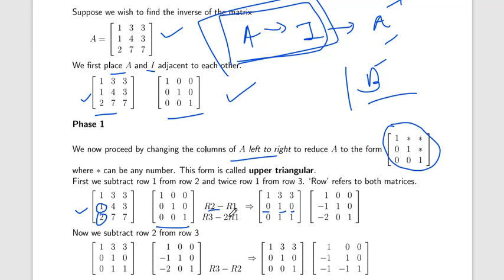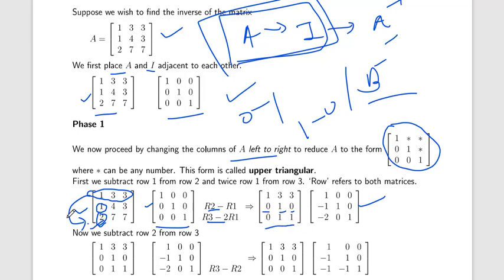So R2 minus I1, what will we get? 0 minus 1, here 0 minus 1, and here 1 minus 0, so minus 1 minus 0. Okay, so the first operation is applied to both matrices. Now if we want to make this a 0, we multiply this row by 2 and subtract it from R3: R3 minus 2R1, so we will get a 0.